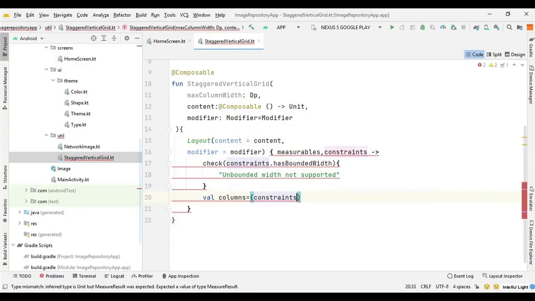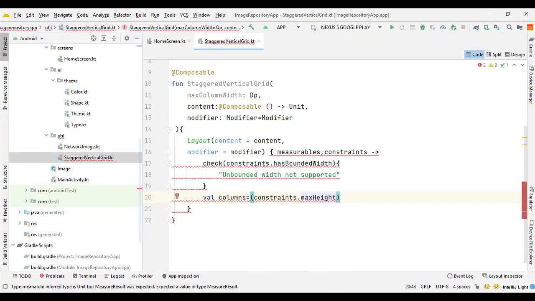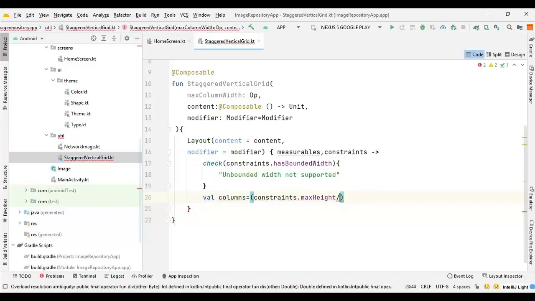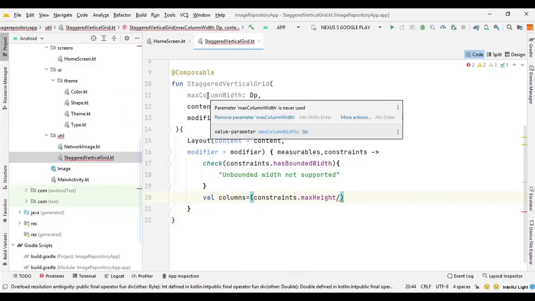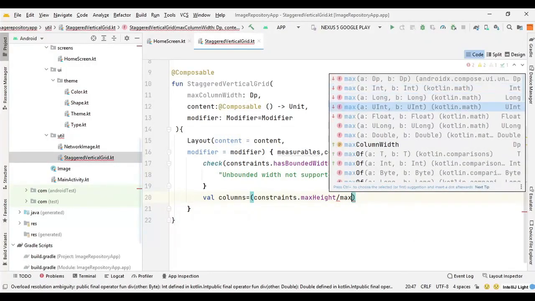So we can say constraint dot max width. So we will get the max width of the screen, and then we can divide it by the value that we will later provide with this max column width. So we can say max column width.